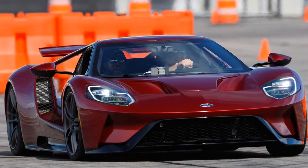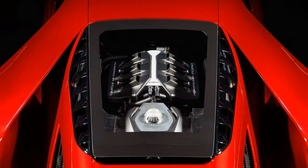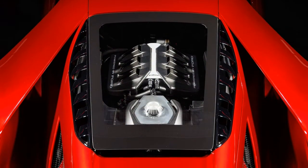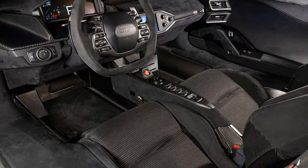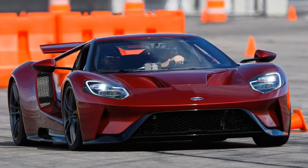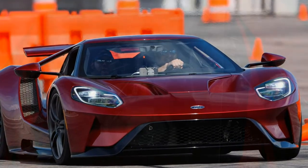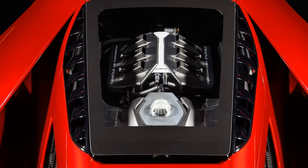The verdict: it's fantastic to see a mainstream company like Ford producing the GT. Much of the technology, from the carbon fiber construction and almost absurdly powerful V6 engine to the clever aerodynamics and radical suspension, is deeply impressive, and the GT is a sensational drive, particularly on track. But at